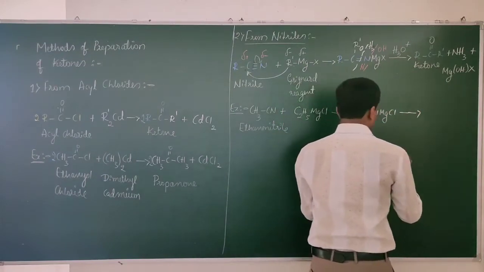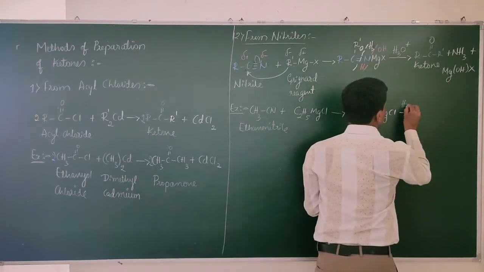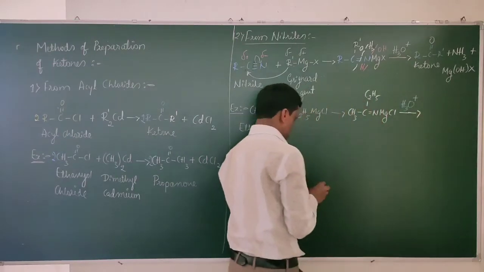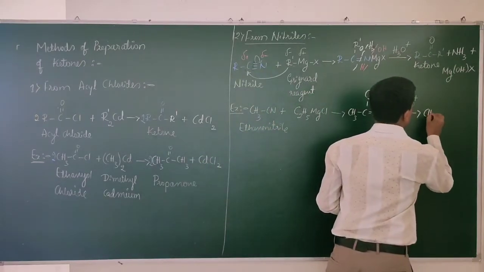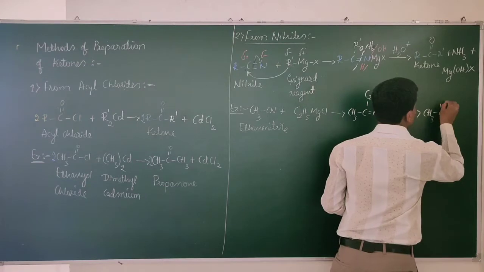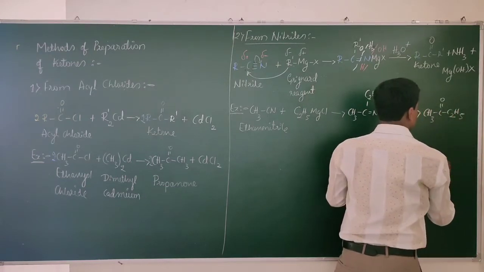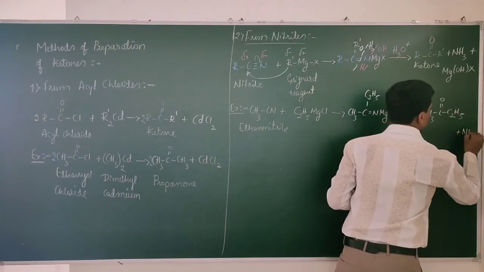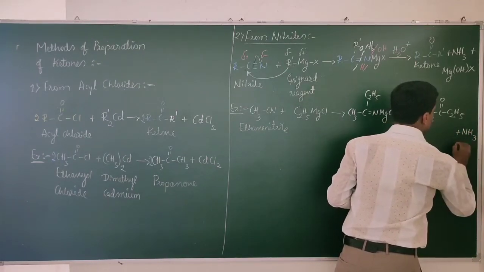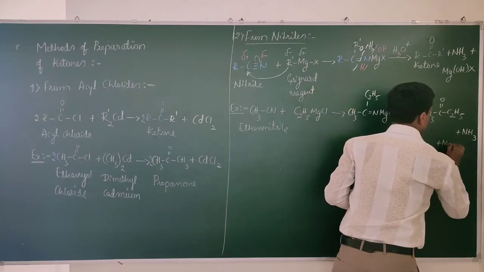Now this will undergo acidic hydrolysis to give what? Here it will be broken down. CH3COC2H5 plus NH3 plus Mg